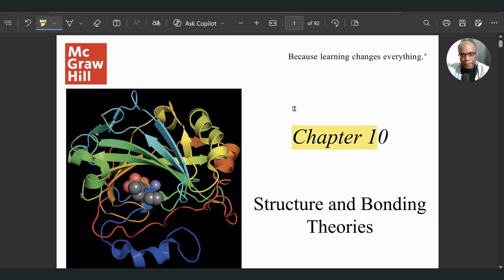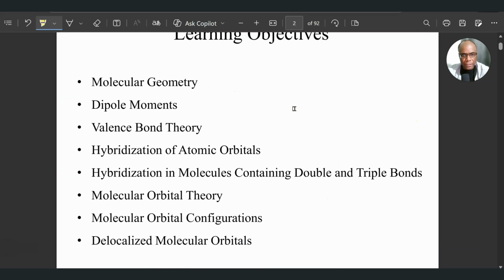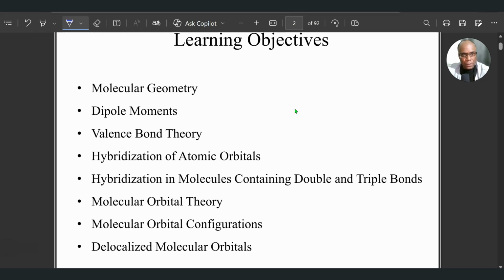Now let us do chapter 10, which is on structure and bonding theories. You'll see things that you're familiar with here, but you're going to go in depth a little bit. We'll cover these learning objectives. The first learning objective is determining molecular geometry, followed by dipole moments, valence bond theory, hybridization mixing of s, p, d orbitals, hybridization in molecules containing double and triple bonds that will dictate the electronic shape, of course, molecular orbital theory, molecular orbital configurations, delocalized molecular orbitals,